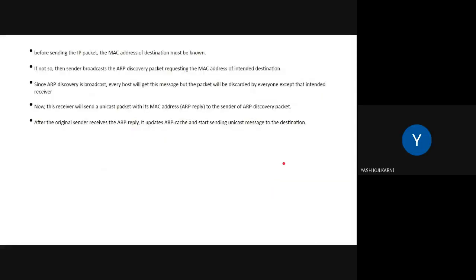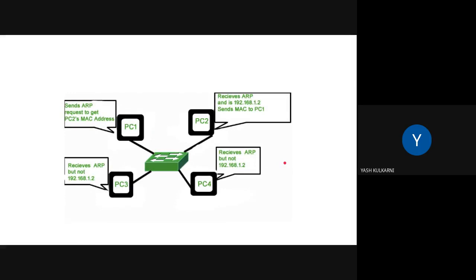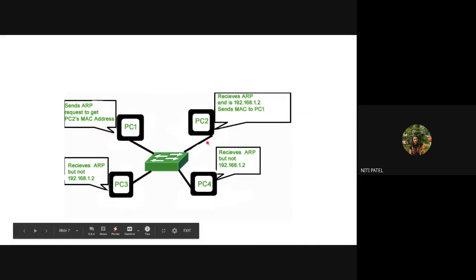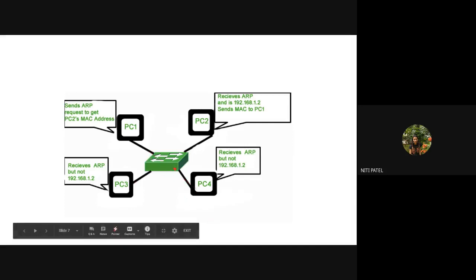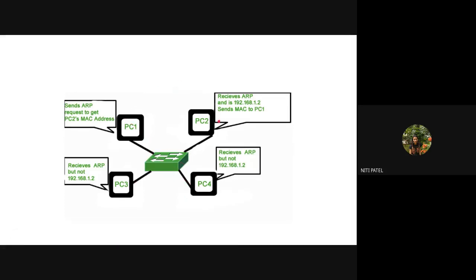Okay. Then ma'am, why is the IP address broadcast? I mean, my IP address is specific, no? The IP address is specific, but to know the MAC address, I have to send it to everybody. But why? Broadcast means I have to send it to everybody, because I also do not know where that machine is on the network.